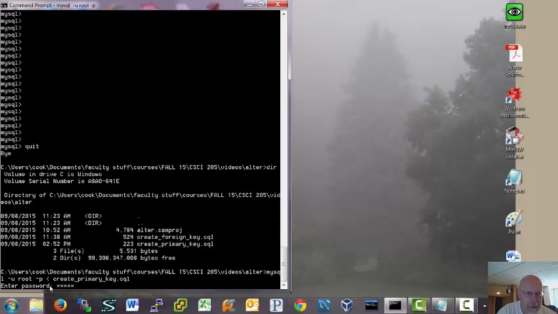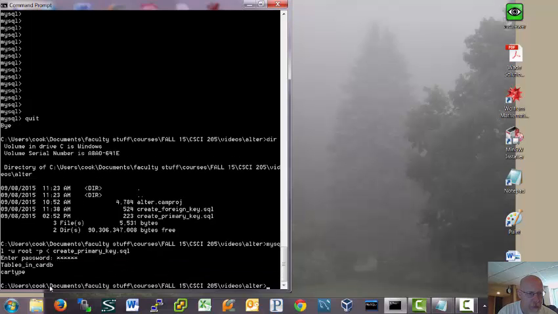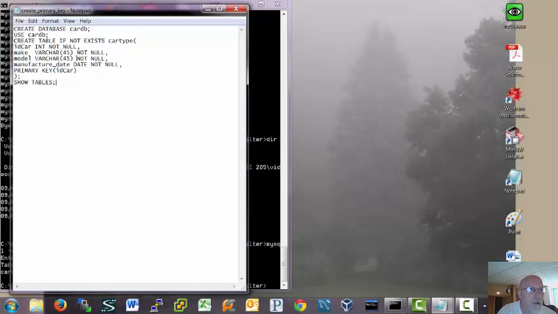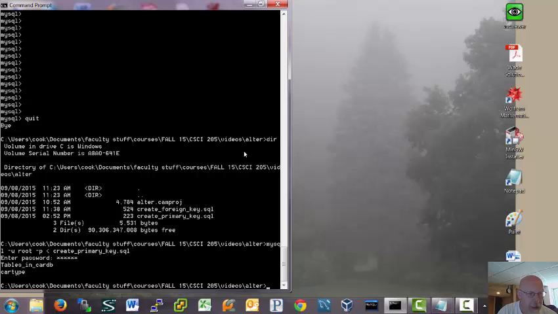And password. Okay, so it looks like something good happened. Some tables were created and car type was created. Let's go back and take a quick peek again at the primary key. So car type and CarDB looks like they were created. And this is the show